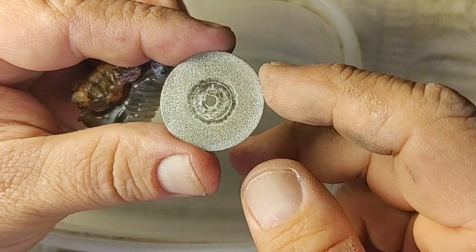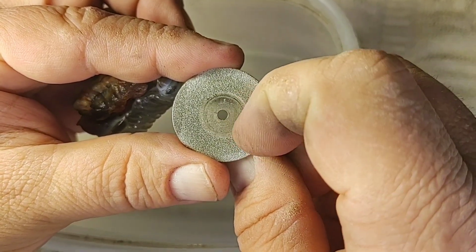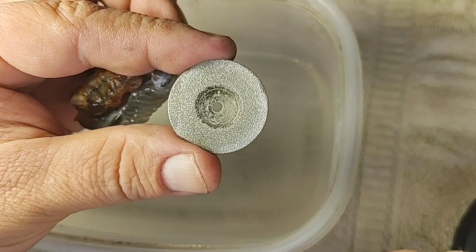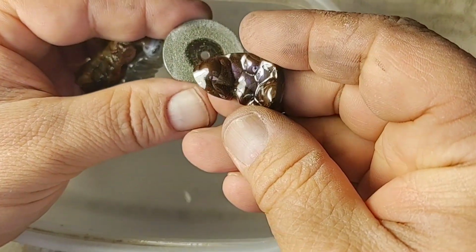But this wheel isn't done either. What I'll do is I'll mount it to something and use it like a little flat lap. So when I'm, say, if I'm beveling my stones like this one,